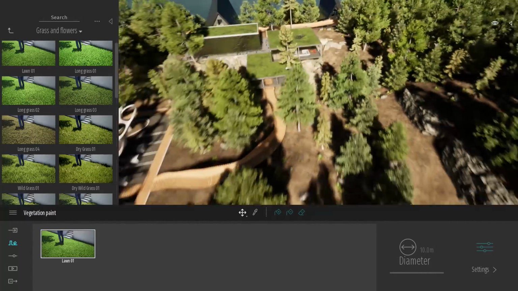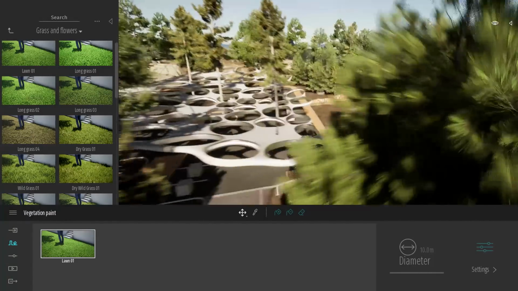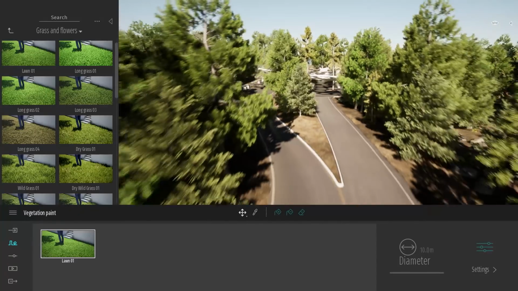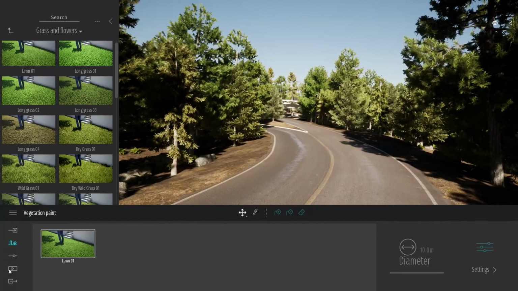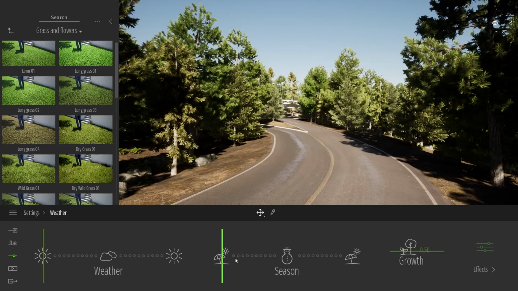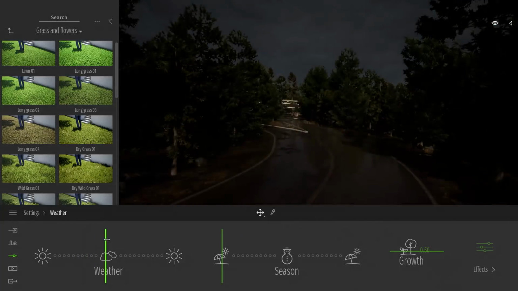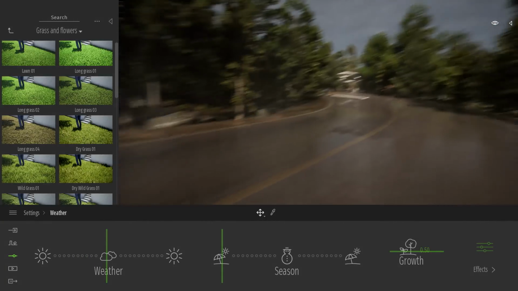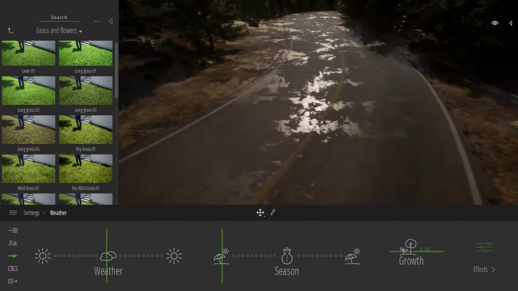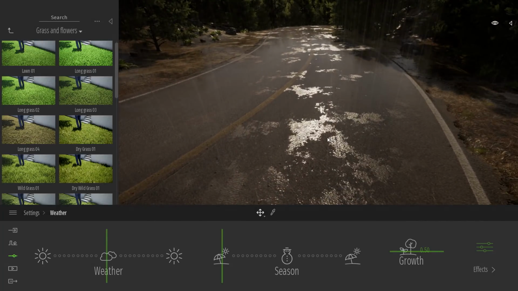So in Twinmotion also, for those of you who are not familiar with it, there is a complete ecosystem. So if I come over in the settings, weather, we have 3 sliders. First one is controlling the cloud coverage. So if I start to drag this slider here, clouds will appear, it will start to rain, and the rain affects automatically all the materials of the project. As you can see here, there is nothing to do for that. It's completely automatic.